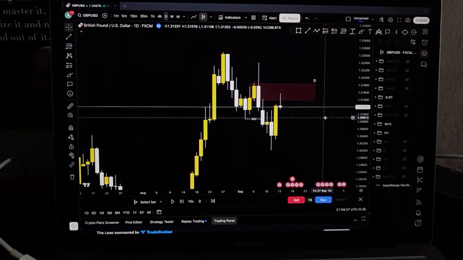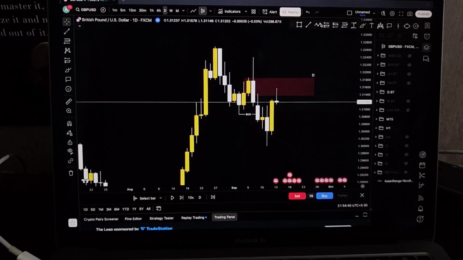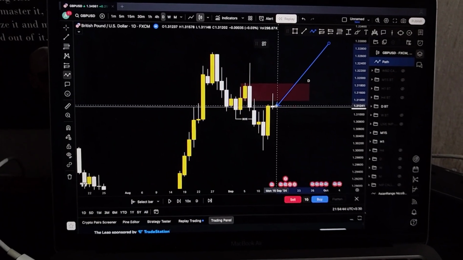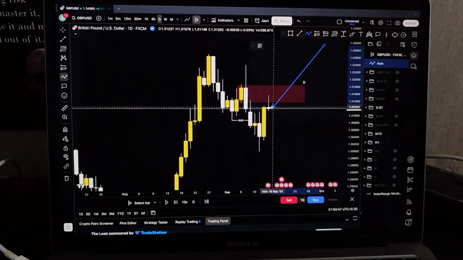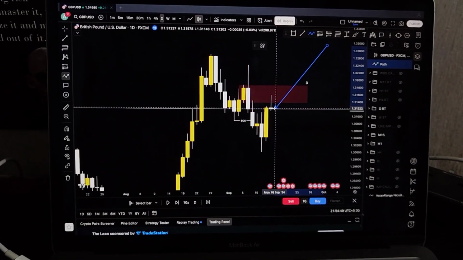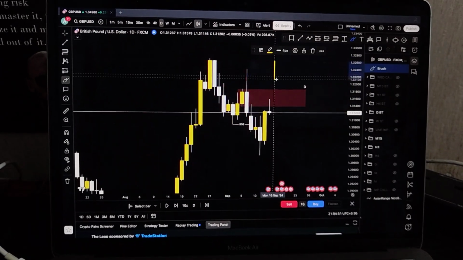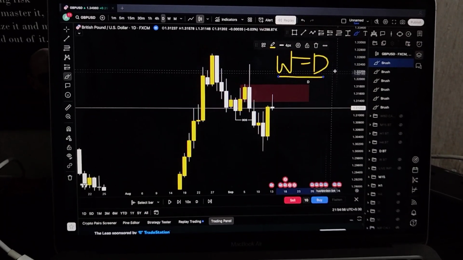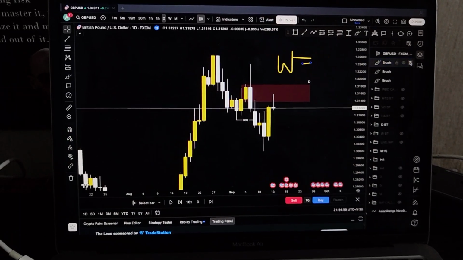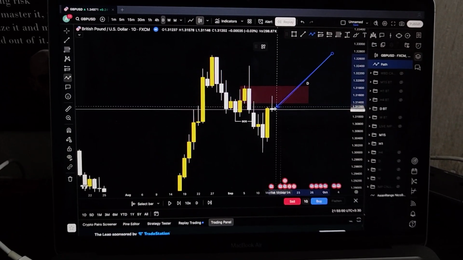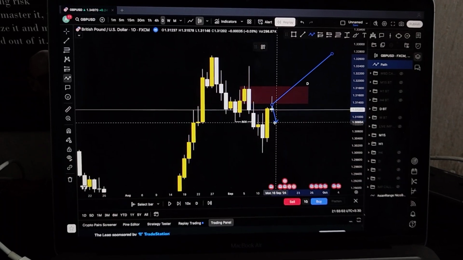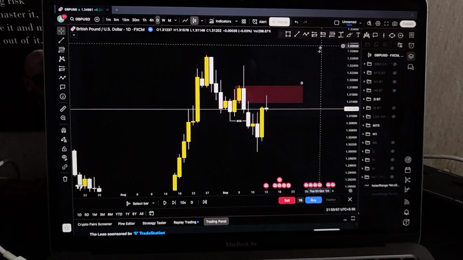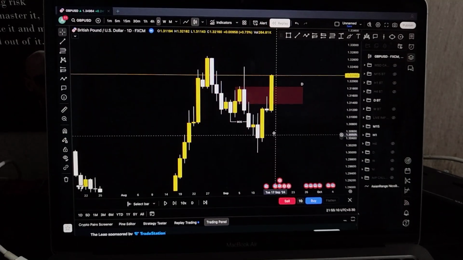There is also one more rule that I follow. Going on the weekly time frame, my weekly bias is clearly bullish on GBP USD, right? So I only trade Mondays if the weekly and the daily are aligning. If the weekly is equal to daily, that is when we trade Monday. But on this Monday we can clearly see the daily time frame was going down, meaning Friday was going down, and the weekly bias is clearly bullish. So that is when I didn't trade Monday.